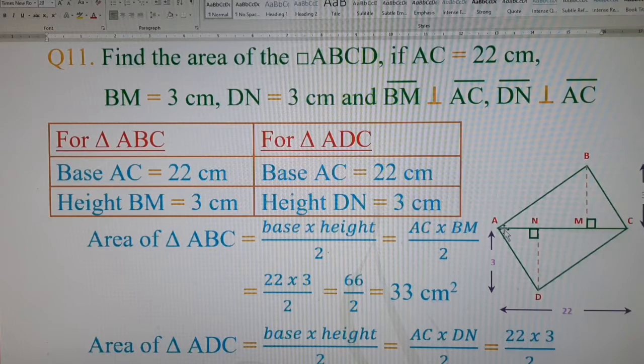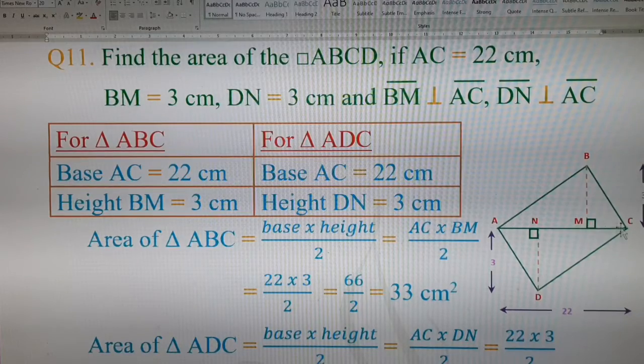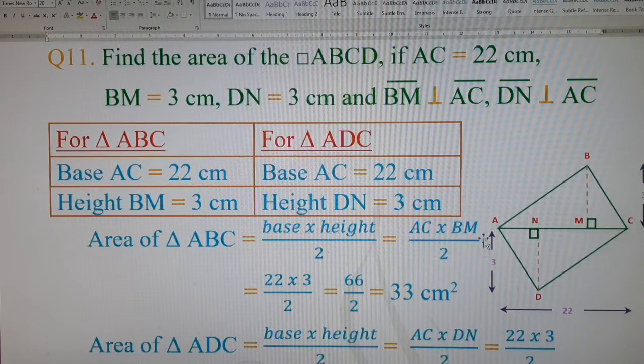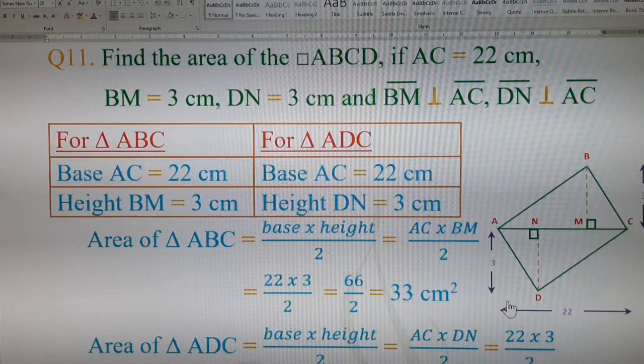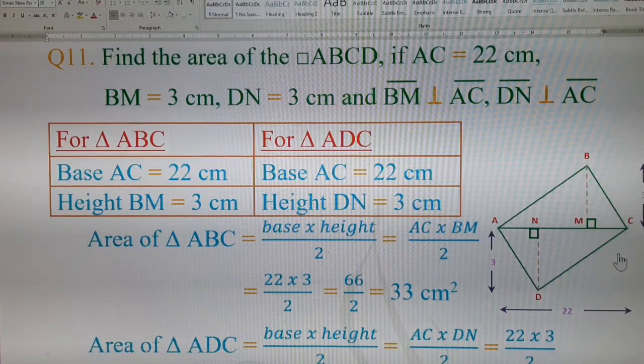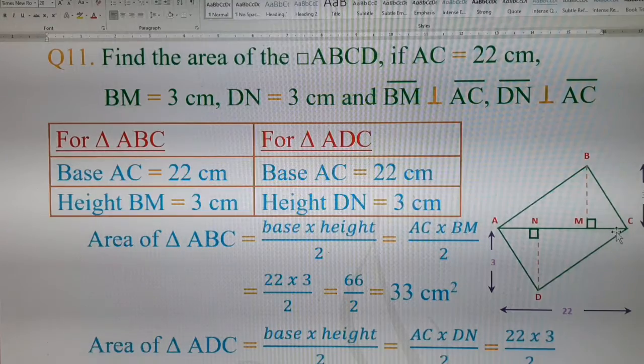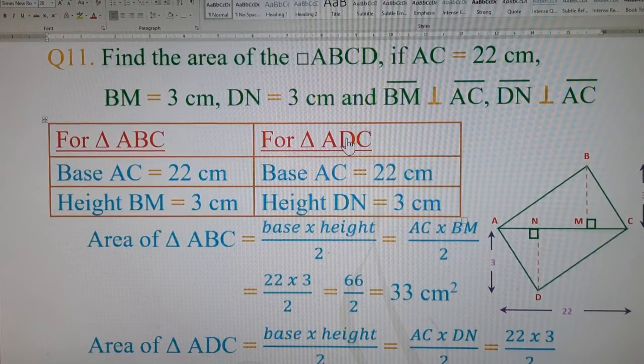We can take this as two triangles which are made when the diagonal AC is drawn through the middle of this quadrilateral. So quadrilateral ABCD has a diagonal AC, and this diagonal AC is dividing this quadrilateral into two triangles. The first triangle is triangle ABC, and the second triangle is triangle ADC. So two triangles are formed, triangle ABC and triangle ADC, where BM will be the altitude or the height of